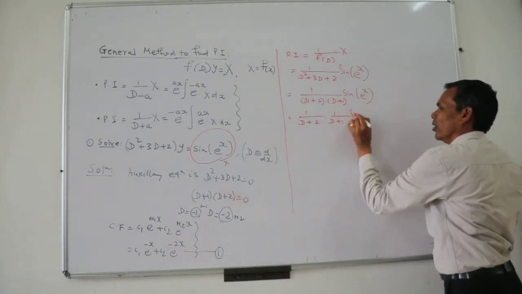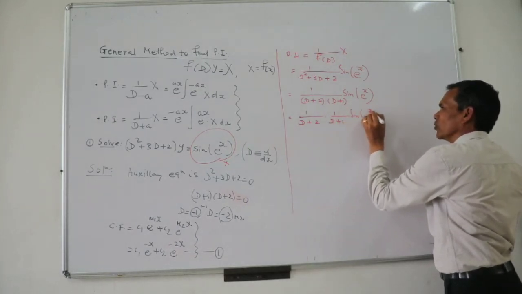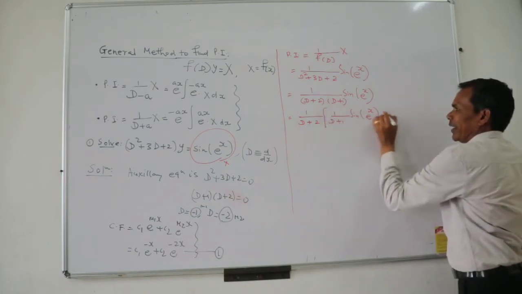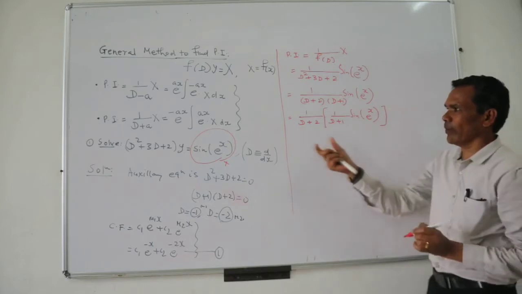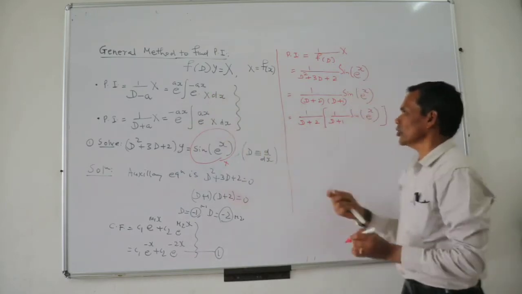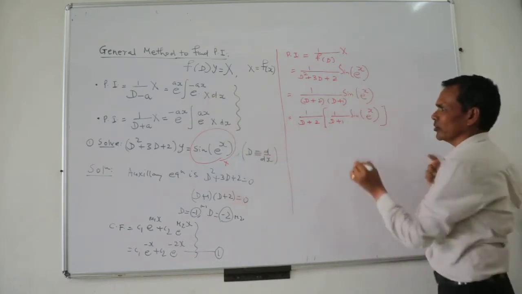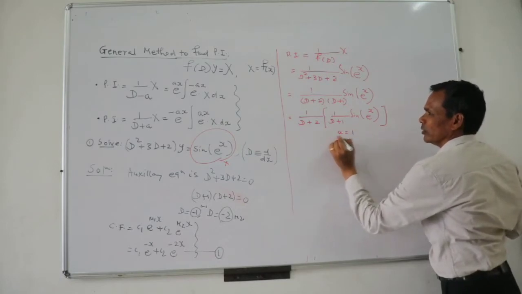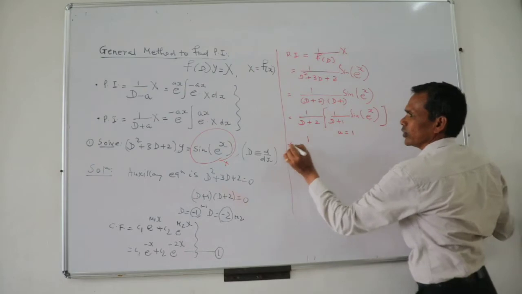This is operated on sine of e raised to x. So I just operate, I use this formula here. The first formula or second formula, it does not... So a is equal to 1 here. So I get this using this formula here,